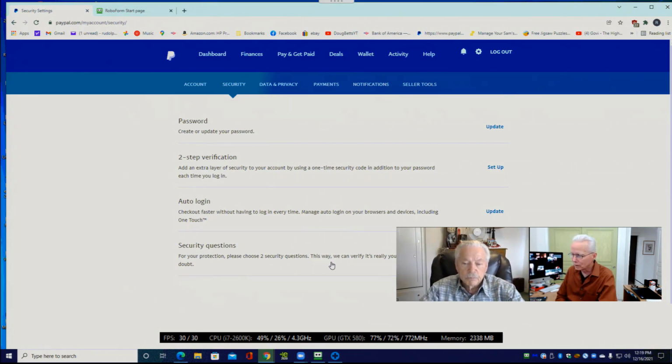However, some people make the case that if you have security questions, then that can give the bad guys a way to hack into your account and bypass the other security implementations you've put into place.